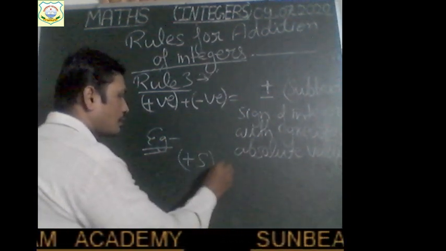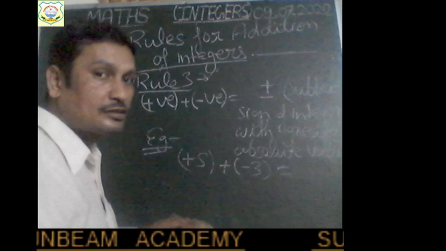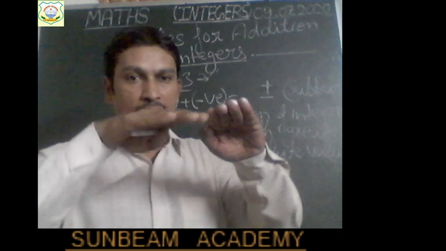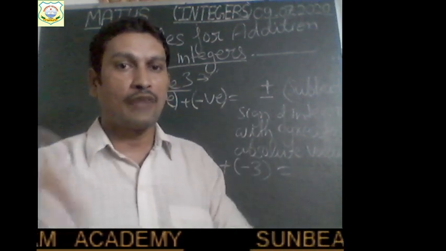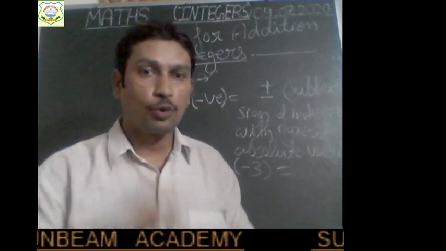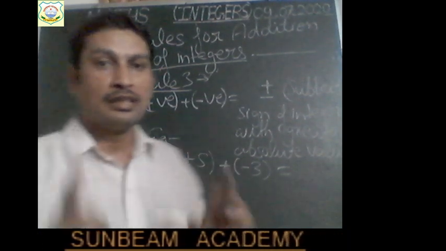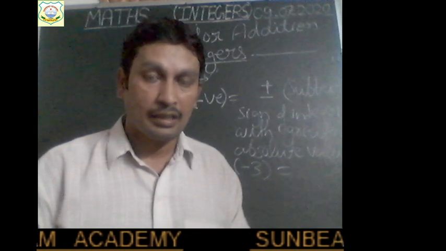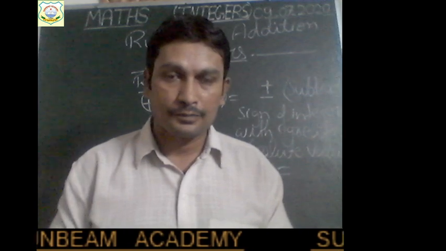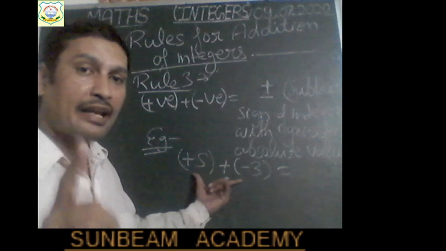Plus 5 and minus 3. As I have just discussed, children, here profit is greater. You have 5 rupees profit. After that, due to loss, 3 rupees are taken off. So finally you have 2 rupees with you. It means still you are having a profit of 2 rupees. So signs are opposite. Simply you can learn: if signs are opposite, then you have to subtract. If signs are the same, if both are positive or both are negative, then you will add, as we had done earlier. But here signs are opposite, so you will subtract always.